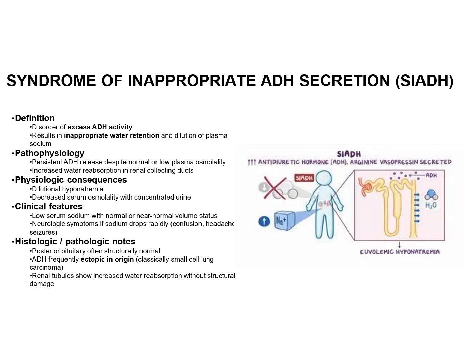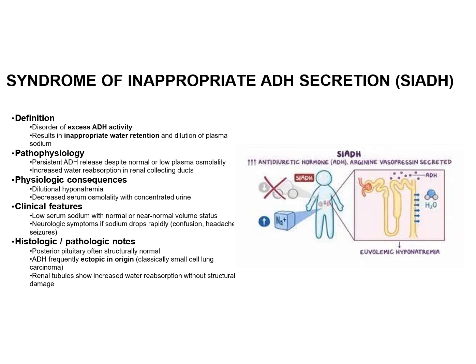SIADH, or syndrome of inappropriate ADH secretion, is essentially the mirror image of diabetes insipidus. Instead of too little ADH activity, we have too much. In SIADH, ADH is released inappropriately, even when plasma osmolality is low. This causes excessive water reabsorption in the renal collecting ducts. The key consequence is dilutional hyponatremia, not because sodium is lost, but because water is retained. Lab-wise, patients have low serum sodium, low serum osmolality, and paradoxically concentrated urine, all while appearing